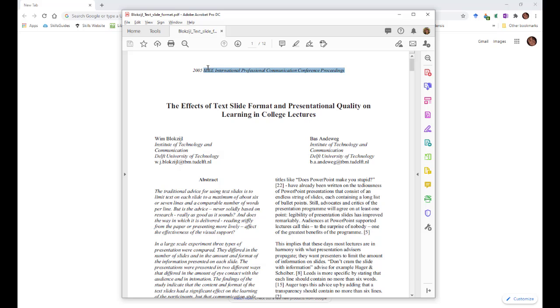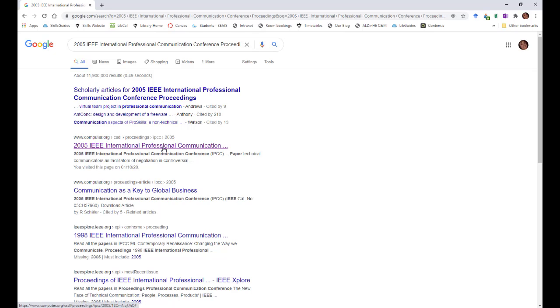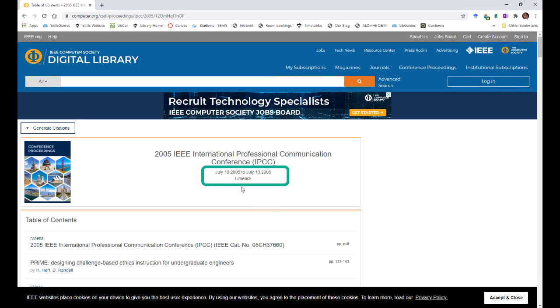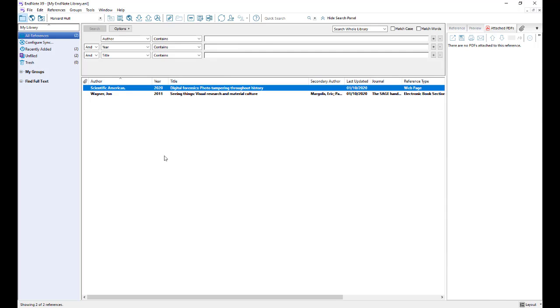So I'm going to select the title of the conference and copy it and switch to Google. Paste that in. If I click on the top link here, it tells me that it took place in Limerick from July the 10th to July the 13th that year. So I've now got all of the information I need to complete the reference. Again, if you're not sure what information you do need, check out the appropriate referencing style guidelines on the Referencing Your Work Skills Guide. So back in EndNote, I'm ready to create my new reference